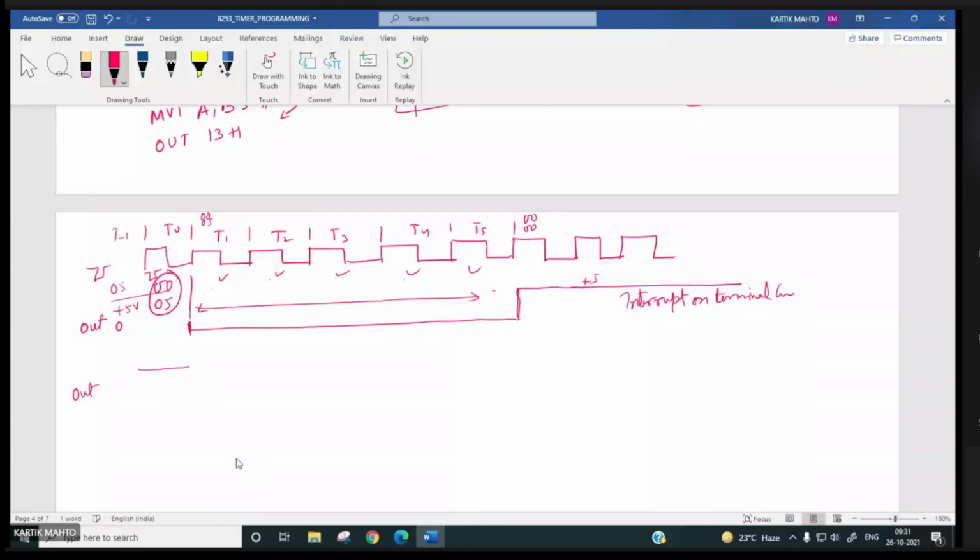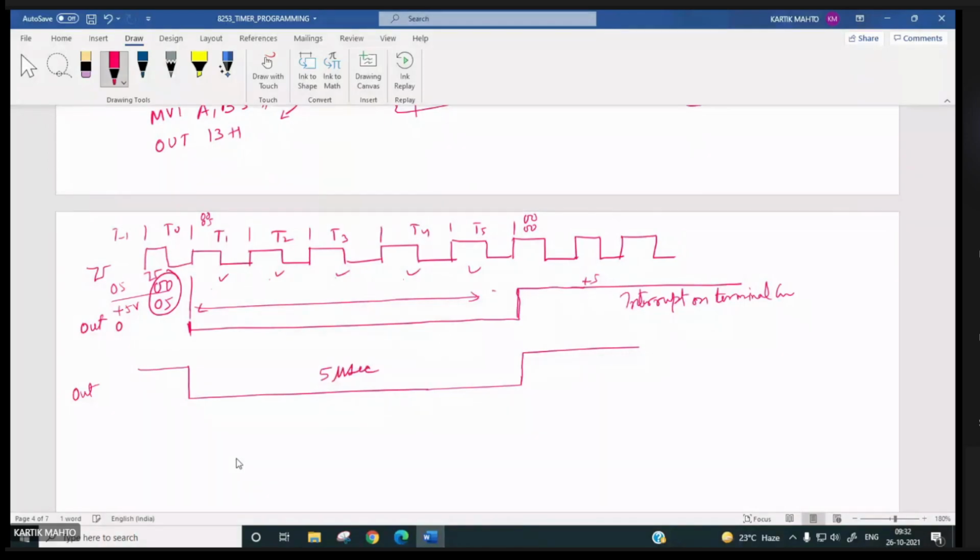Since the gate is tied to VCC, the output will be high in this, and then it will become 0, and it will remain 0 for this much duration, right? So a negative pulse of 5 microsecond duration will be generated.